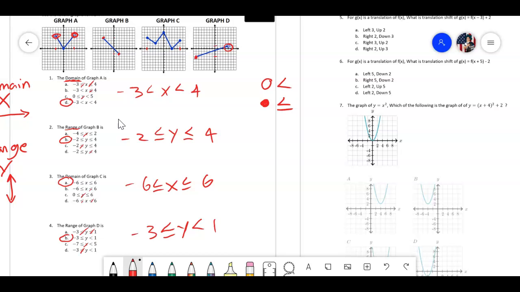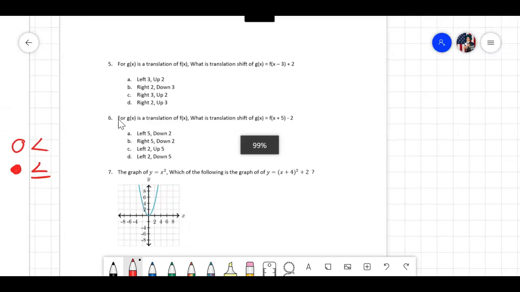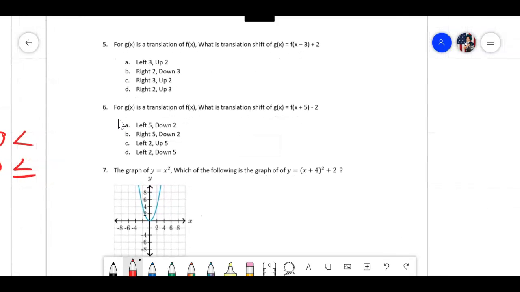Right. So that's almost half of the test. Here we go. The review. All right. g of x is a translation of f of x. What is the translation shift of g of x equals f of x minus 3 plus 2? Okay. Now, what I want us to remember whenever we're doing this, okay,